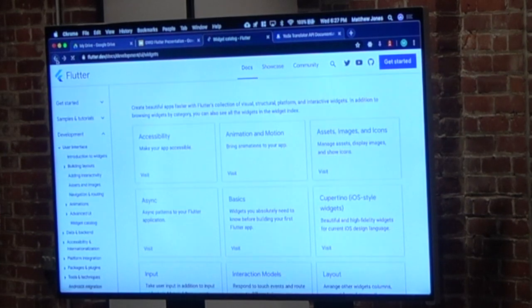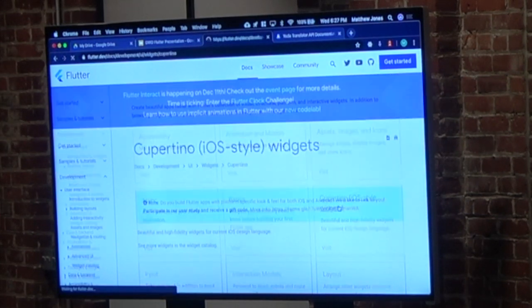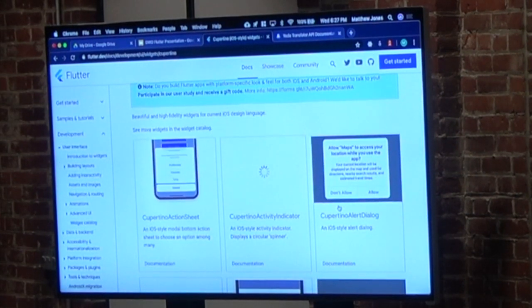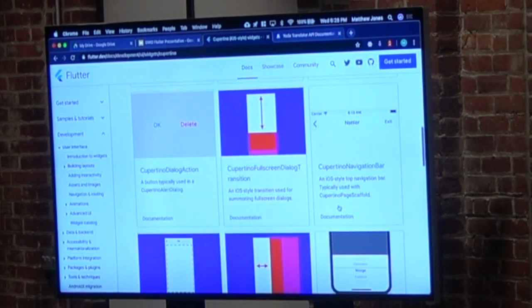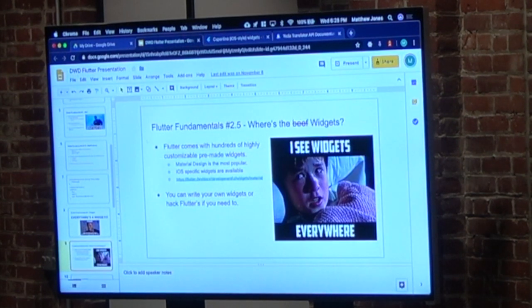And then if you want to write something that looks very native to iOS, for example, they've got these Cupertino widgets. And like I said before, these are all re-renders of the native widgets. So these are not the native widgets themselves. Flutter is re-rendering it, and that's awesome because it lets you customize and do things that you wouldn't normally be able to do. But whenever you're trying to do something, your first step is coming over here to this doc and just looking through the widgets and going shopping, to be completely honest. And then you basically customize from there. And you'll see how that works here momentarily.